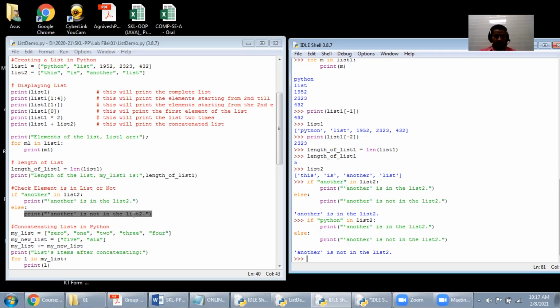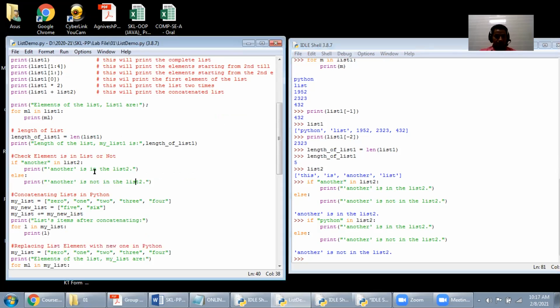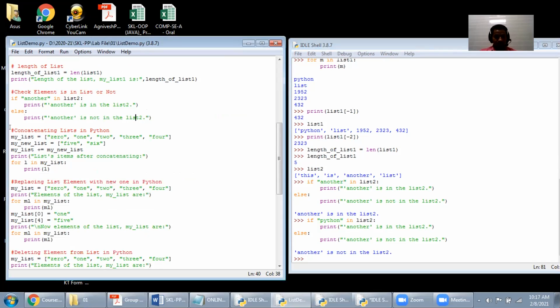So can you tell me where this statement can be used? You want to find out the voter list. To find out whether a name is available in the voter list, you will check it. So you have one backup of the data where the list is available, that is the names of the voters. Only write down these two lines of the command to check that the name is available or not. Whenever you go for voting, you check your full name in the list. Instead of that, you have the soft copy of it, write down these two statements and you will immediately get the information that it is available or not.